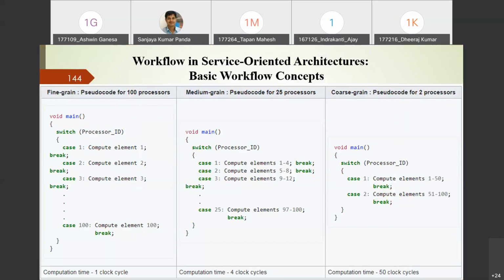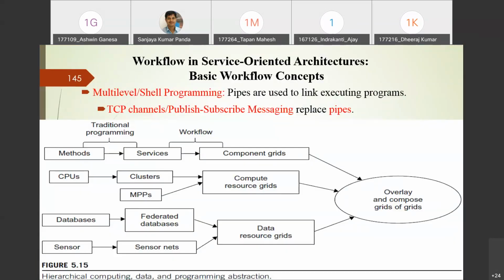So now you can see here, if you go for the multi-level programming concept, it is similar or familiar to elementary shell programming, where pipes are often used to link executing programs. So in operating systems also, you have studied various system calls.